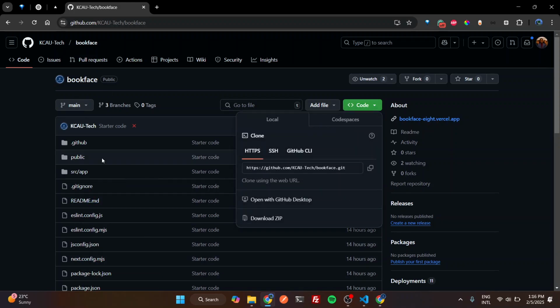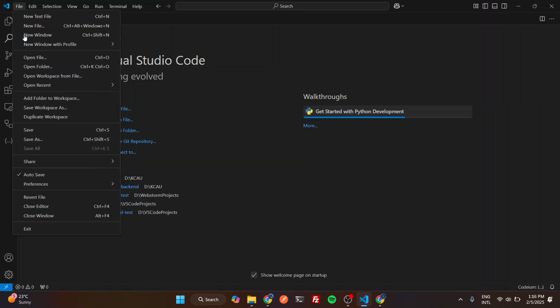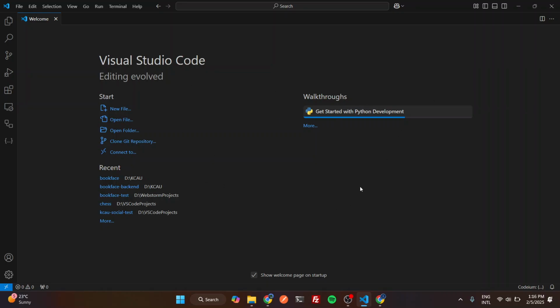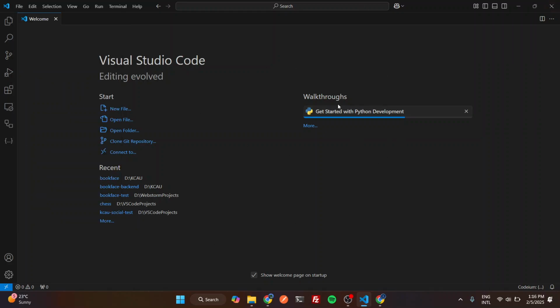This is the code, and we can come here and do copy URL to clipboard, and then come to VS Code. So on VS Code, you will need to open a new window. Whatever project you are working on, just come to File on the top left, go to Window, New Window, and then you will get something like this. Once that happens, you can click Clone Git Repo, and it will open an input box up here, where you can paste the URL